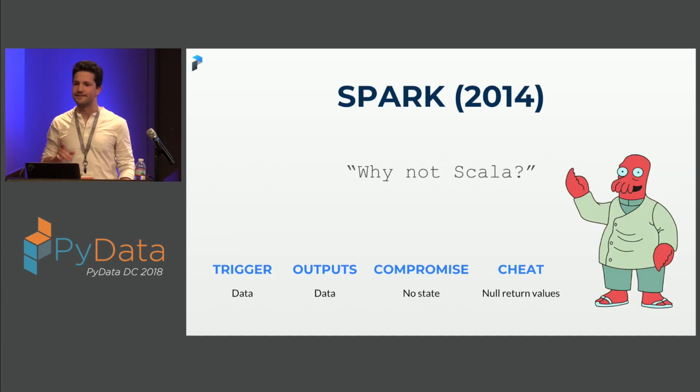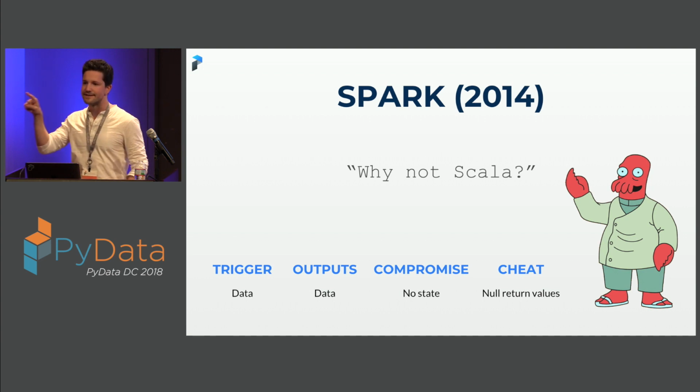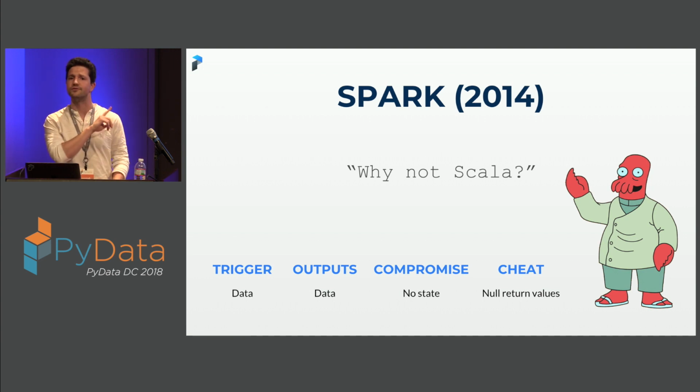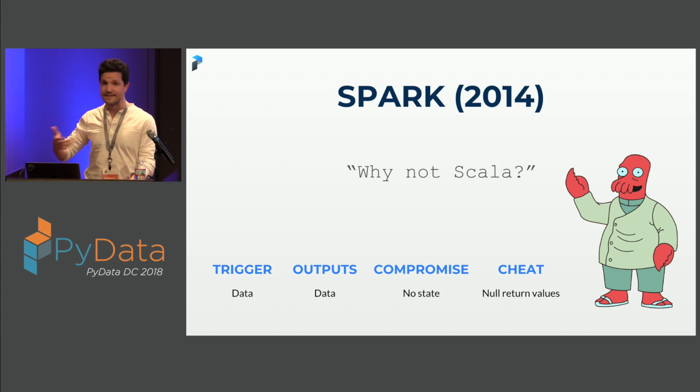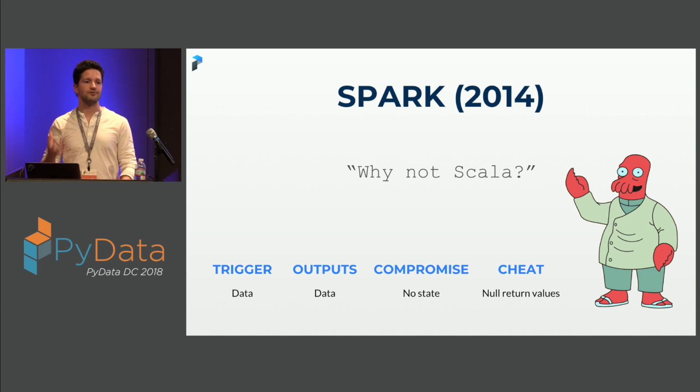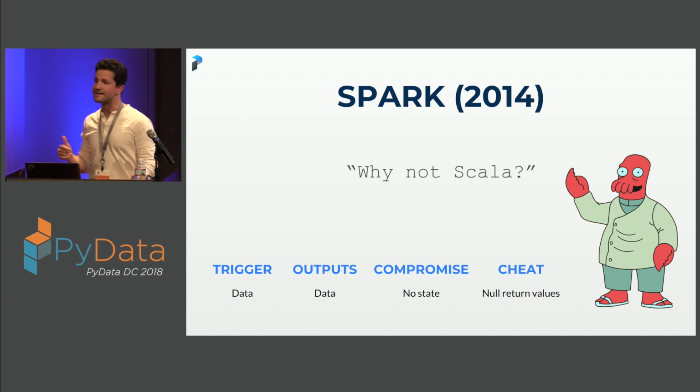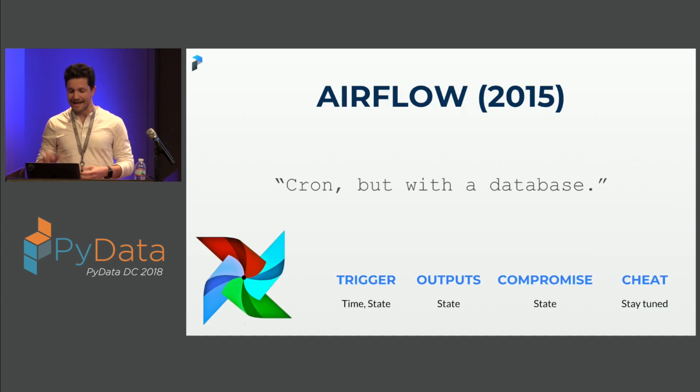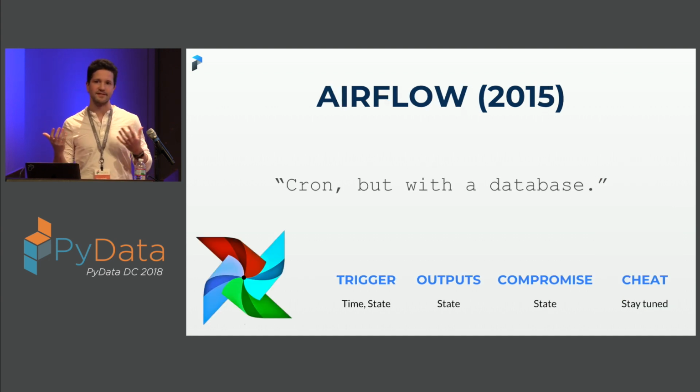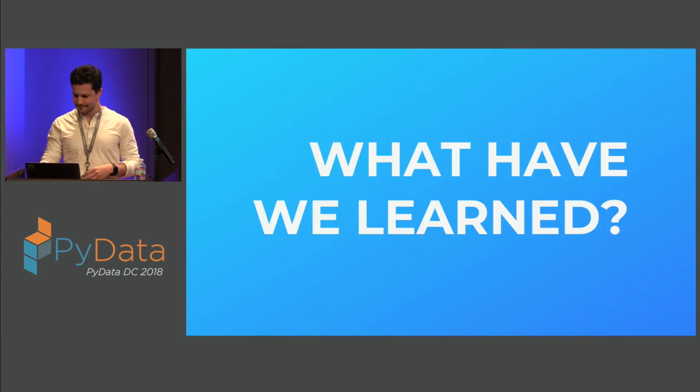Spark is an interesting one to mention. It doesn't feel like it fits in this pattern of data engineering workflow managers, but if you have spent enough time in both the data engineering world and the data science world, you'll quickly remember that Spark and other tools like it, including Beam, Dask, even TensorFlow, these are just ways of describing computational graphs and moving data or some state through them. So it just happens that Spark passes data instead of state, but it's the same idea. And last but not least, of course, we have Airflow, which I would basically describe as cron with a database. So the question is, what have we learned from this history of workflow innovation, which, by the way, I think